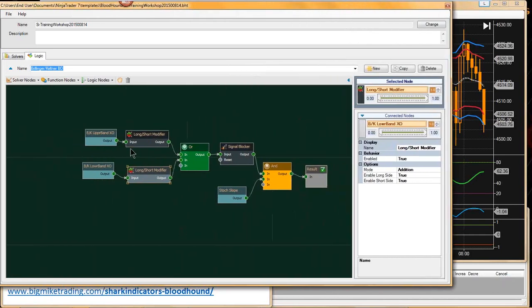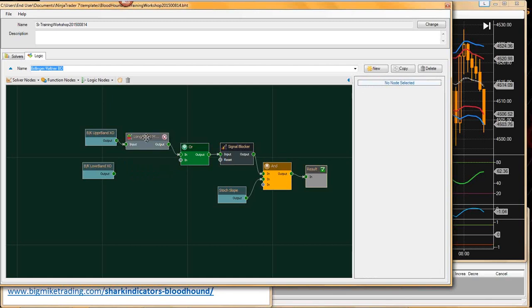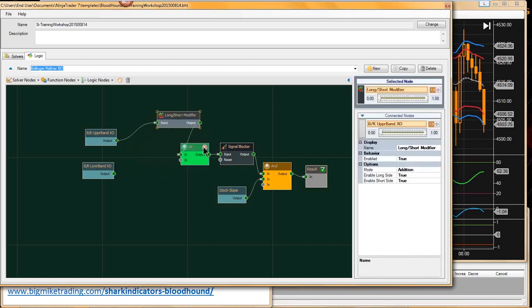Every time you add a node, that requires processing power to calculate what the node is actually doing. So I could optimize this. In this particular case, this is going to work out, but I can eliminate one of these long-short modifiers, and